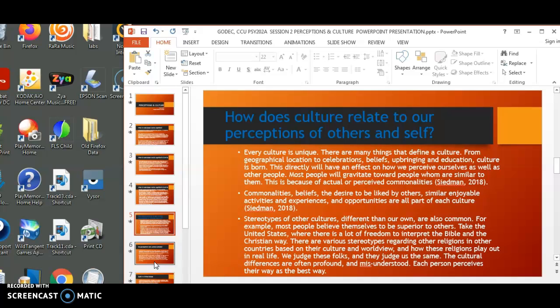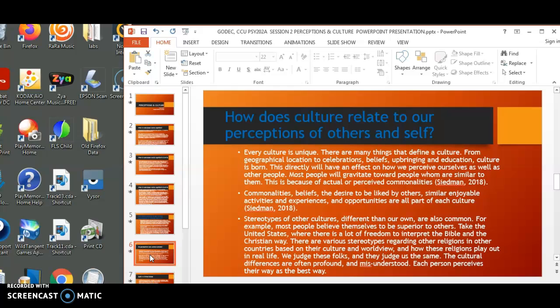For example, in India, there are multiple gods that are being worshipped, and even certain statues. For example, the fertility statue is sort of common there, which is kind of interesting. The belief is that if you rub the statue's belly, then you're going to have a baby. It's just stuff like that that's very different. We might think that's insane, but they might think that what we're doing is insane as well.